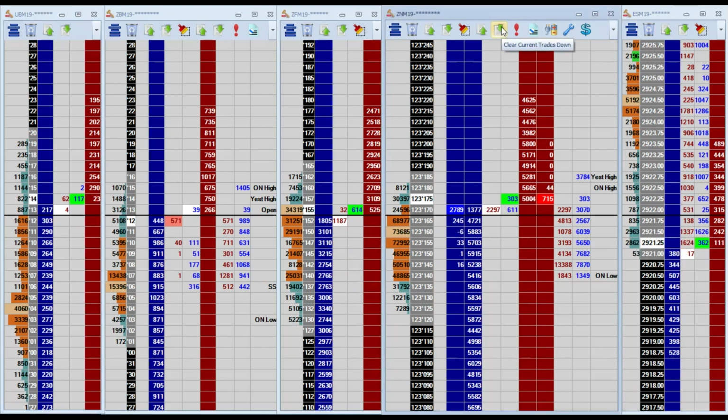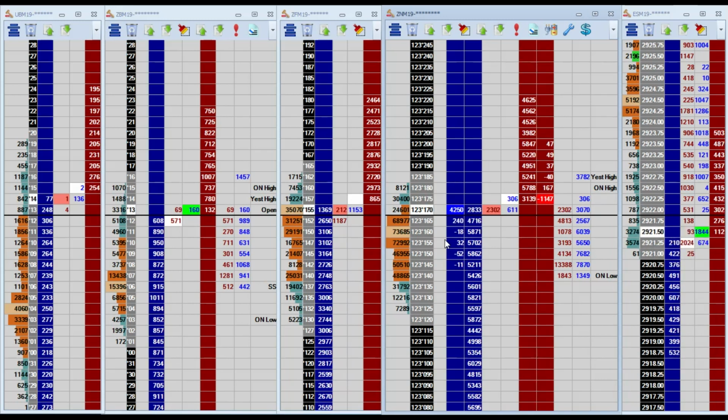We got the ZN, the 10-year, approaching the overnight high. We're going to expect some sort of pushback there. And that would be a good opportunity to try to sell this back down. Like I said before, the Treasury products are typically, and I say typically with an asterisk, an oscillating product. So they oscillate around a center point,